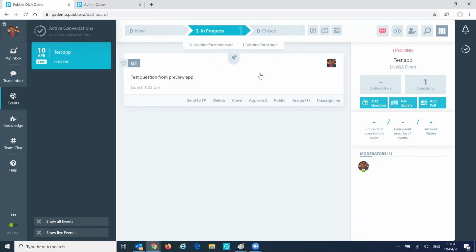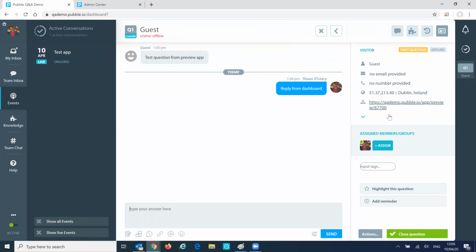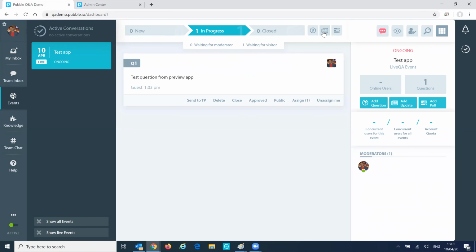So it's very simple. You can see some information about the questioner here on the right hand side once you click into the question. But the main thing is just to answer the question here. You can attach things like files and stuff like that, or images if you wish, to your answer as well. I'm not going to get into that right now because I just want to show you some other functions